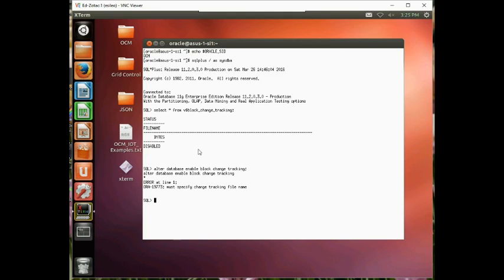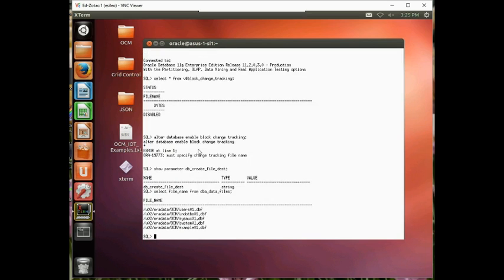What I would suggest is to do this: show parameter db_file_dest. This suggests that this is null, so let's go ahead and populate it. I know for a fact that all the files are on... in fact, let me just show you this. Select file_name from dba_data_files. We know they're all on /u02/oradata. So let's go ahead and alter system set db_create_file_dest equal to /u02/oradata,